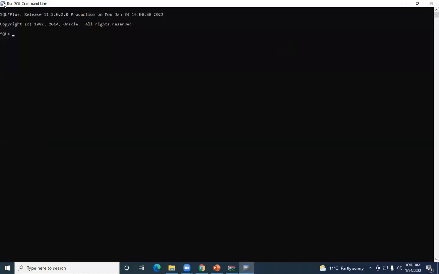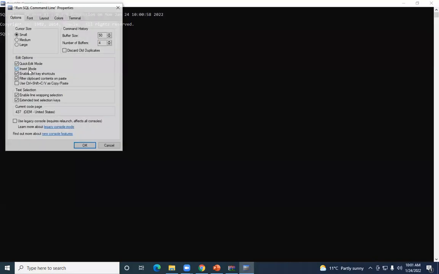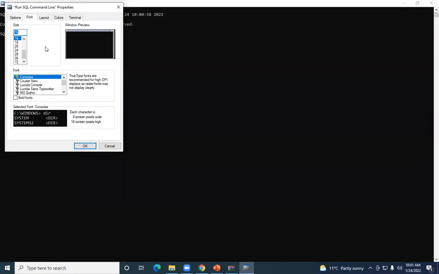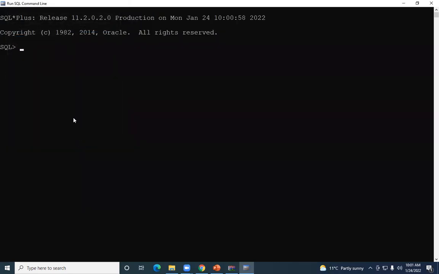So you can just set up the size so that there's a proper size of font here. The readability is there. And you can just pick up some font also here, right? And I think this one would be a good enough font for you. And then you connect here